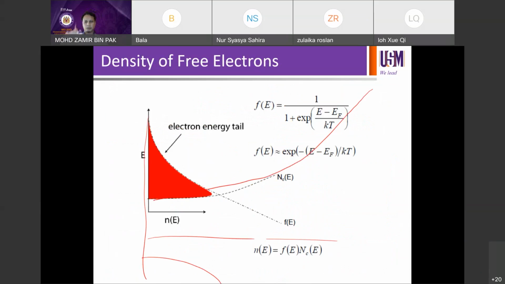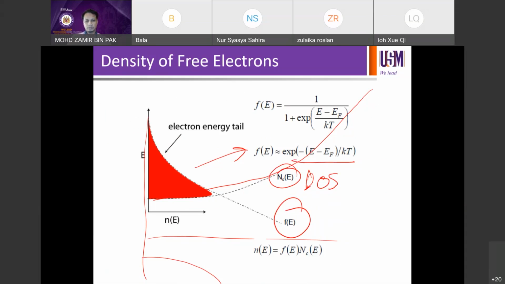But this one is the zoomed-in version of the areas due to this intersection between N_C(E), your density of states, and the probability of occupation of electrons. So you're going to get this shaded region, right? Which is given by